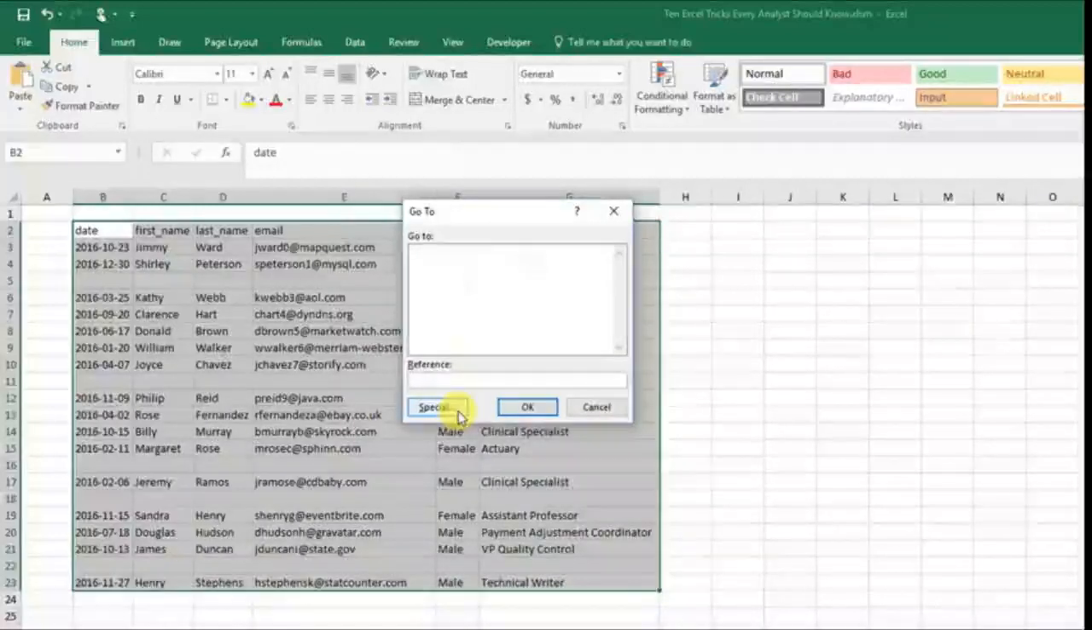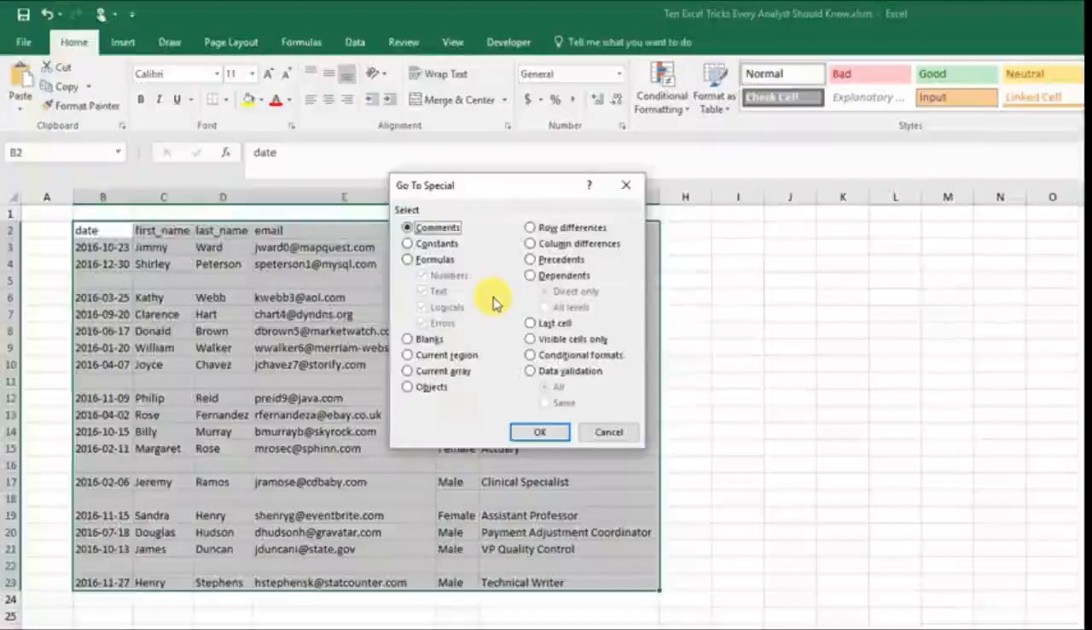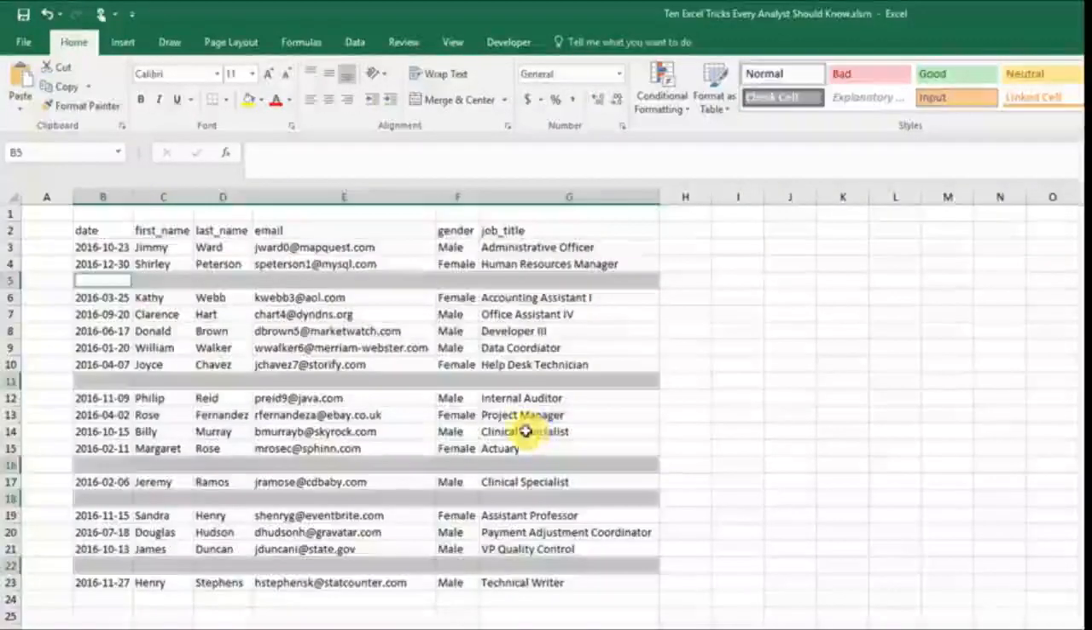And then from here we're going to press the Special button, and this will bring up the Go To Special dialog box. And there's several different options here, but we're going to select blank cells. So this will select all the blank cells in our selected range. Now we press the OK button, and as you can see, this has selected all the blank cells in our